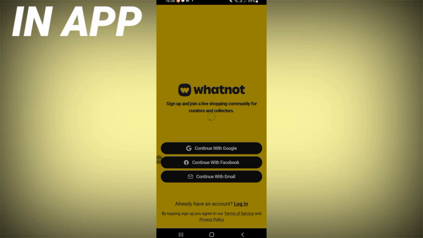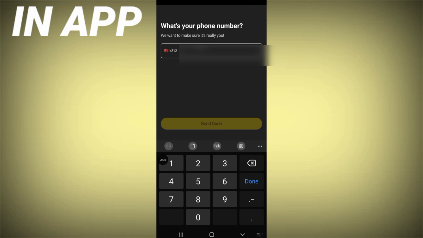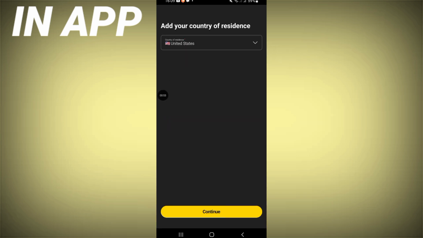It's going to take me to another page, and right now here I have to add my number and click send code. I have to wait. After that, they will tell me to add my country. Click continue,